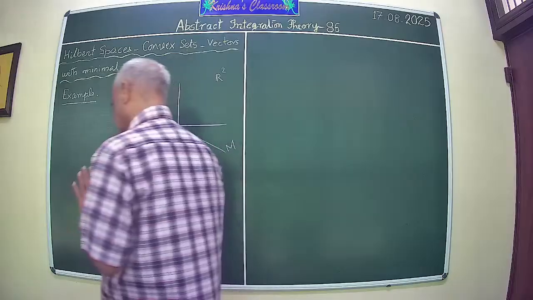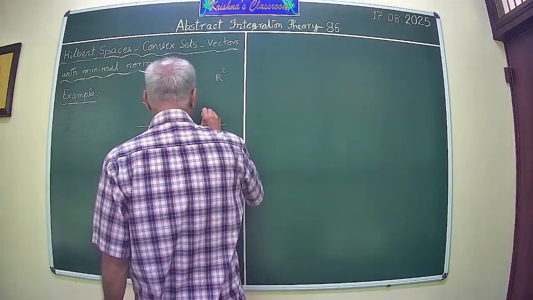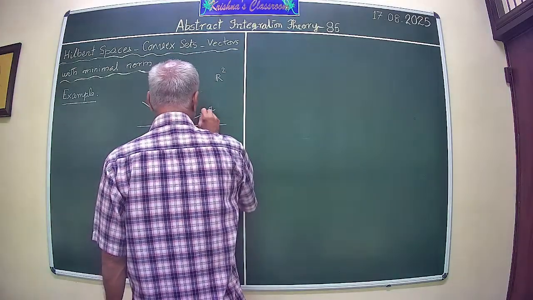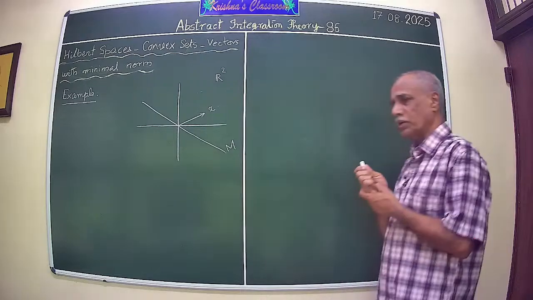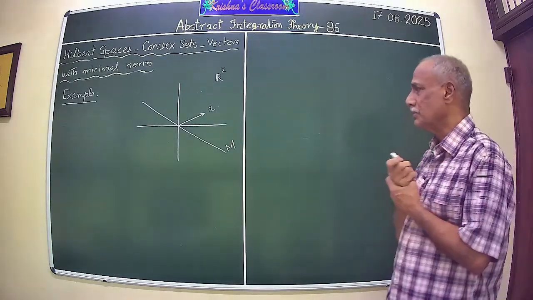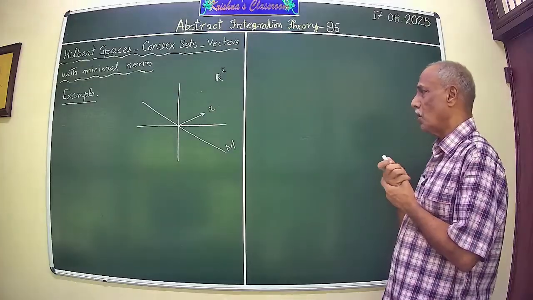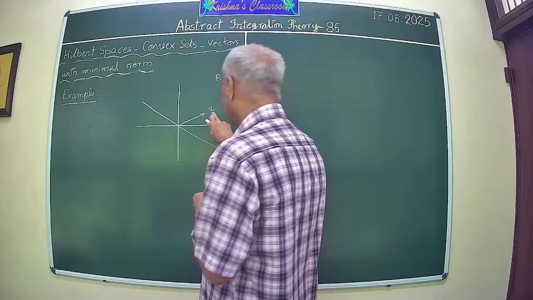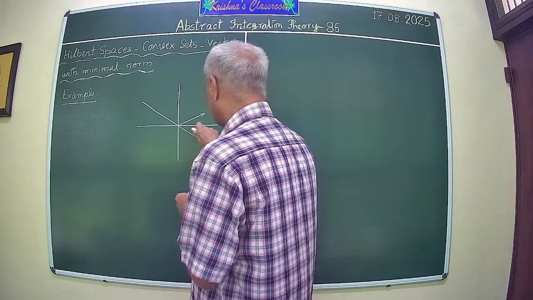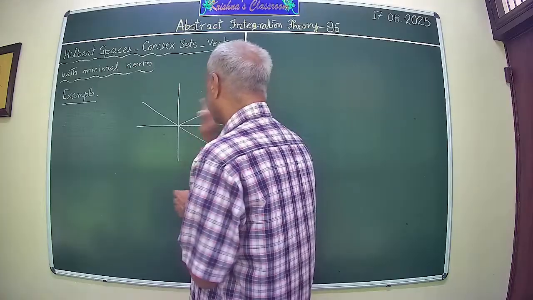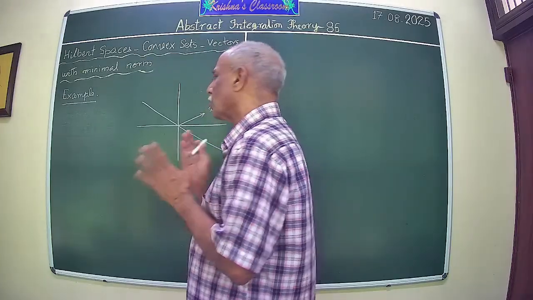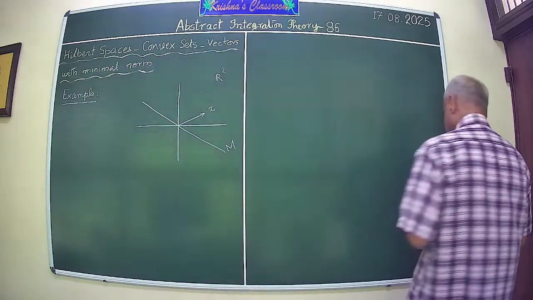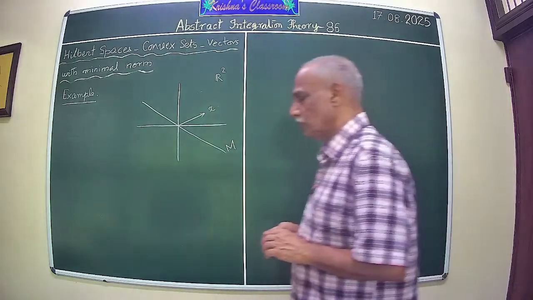Now, our problem is this. Suppose you have a vector x. We want to resolve it orthogonally, or we want to resolve this as a sum of two vectors which are orthogonal to each other. Okay? So we are trying to work out a scheme for that, and consequentially we can also